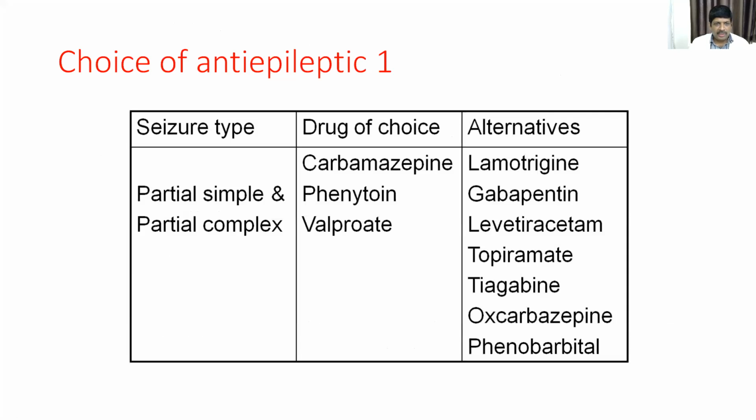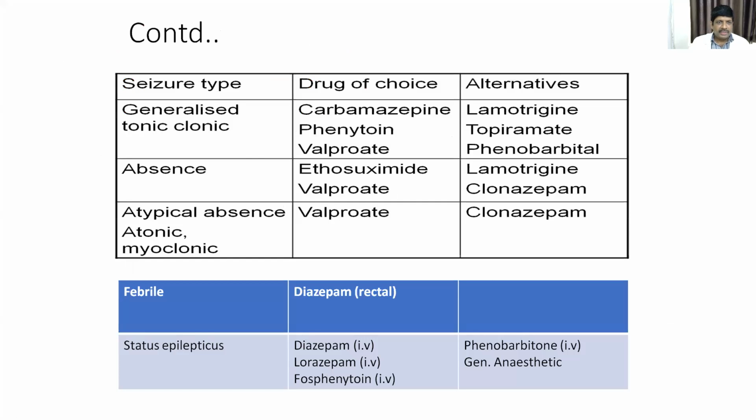Phenytoin is the second drug of choice for partial or complex seizure. Then for generalized tonic-clonic seizure it is a drug of choice. Then we have fosphenytoin in case of status epilepticus. So this was all about clinical chart number 4 and 5. That was all about gingival hyperplasia and fetal head and neck syndrome.